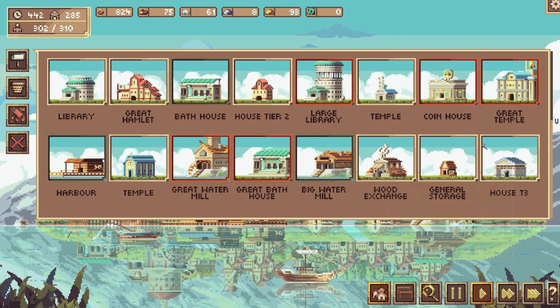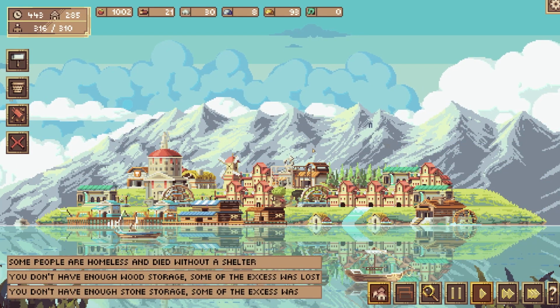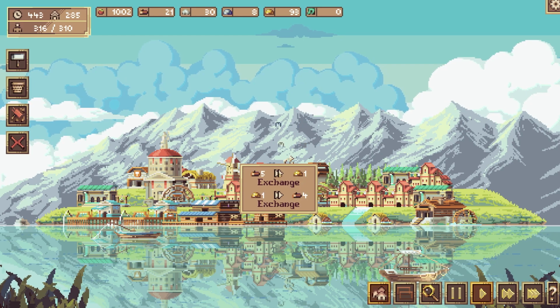And you know what I'm going to do? I'm going to try and get the wood exchange down here, right? We can build one wood exchange, right? So that's going to get...